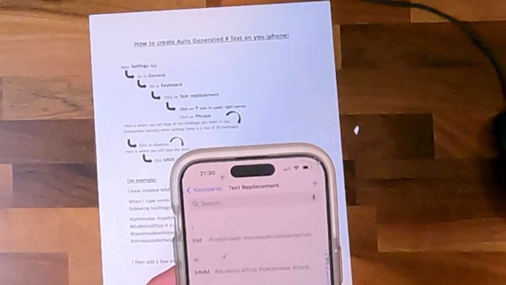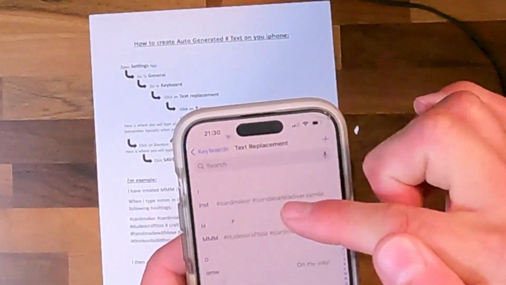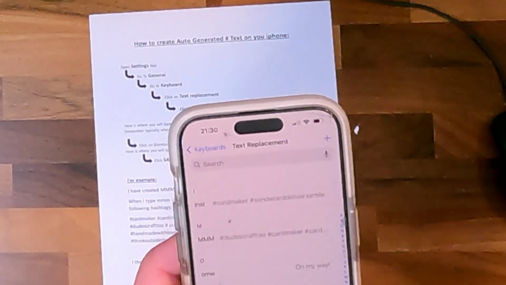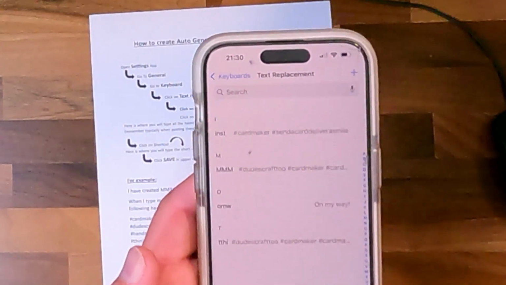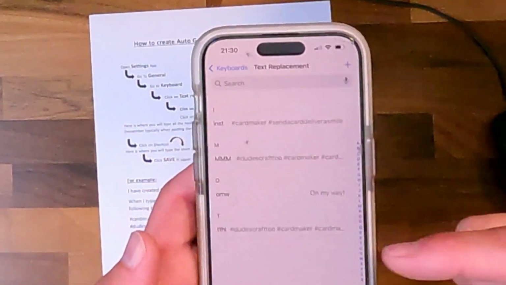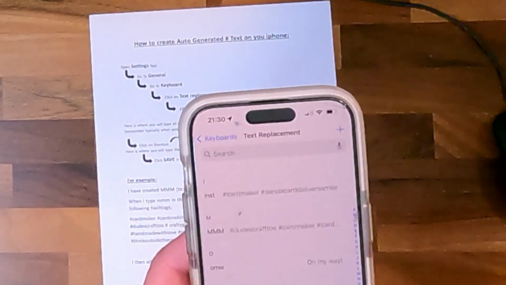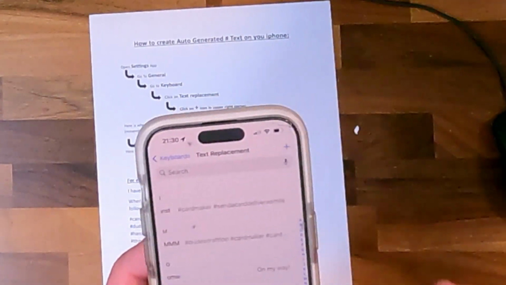And now anytime I type in INST, those hashtags are going to come up. I have about 25 in MMM. I have TTHI for tips, tricks, and helpful hints. When I do my Monday moments like this one, I'll put those hashtags in there that I want to use. Okay? Now,